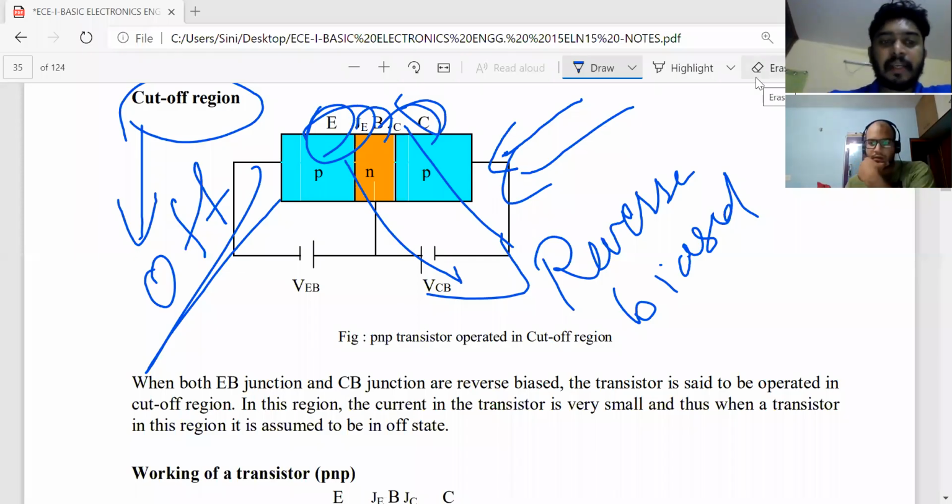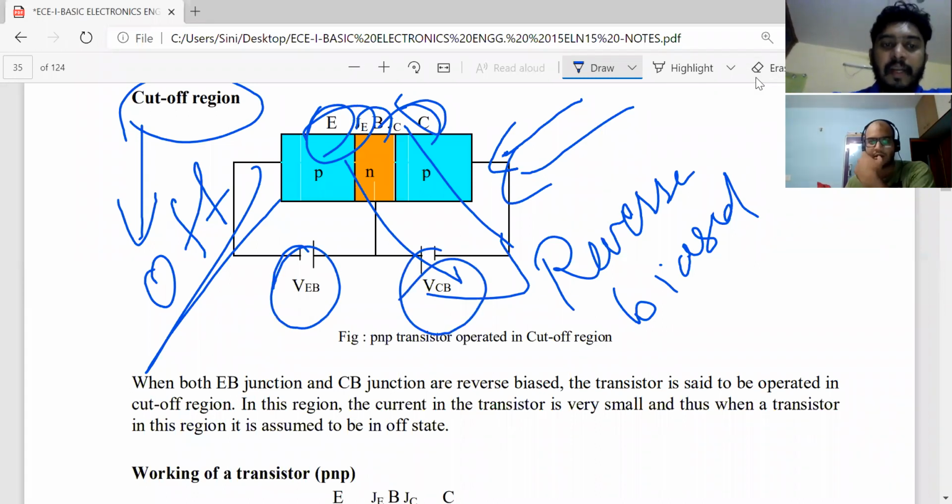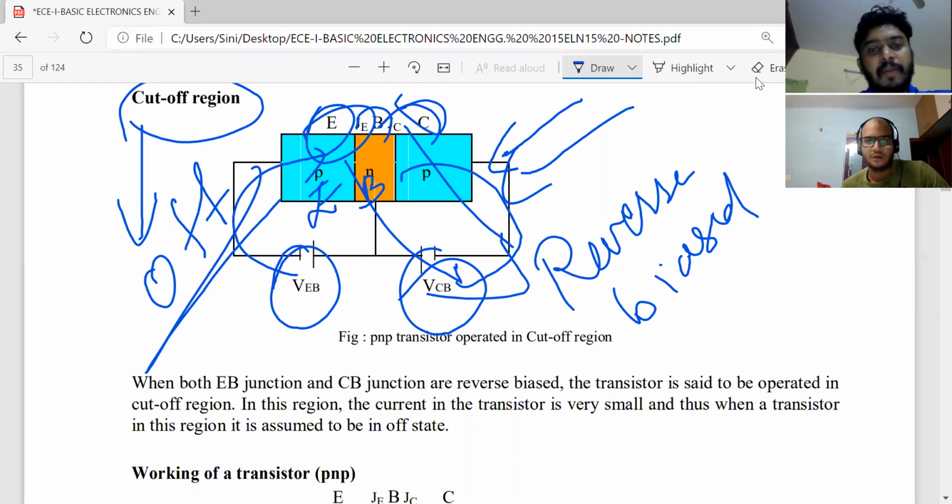One of the things we can see here is VEB, the voltage supplied to emitter with respect to base. VCB, voltage supplied to collector with respect to base. So this is a junction. My base acts as a junction between emitter and collector.